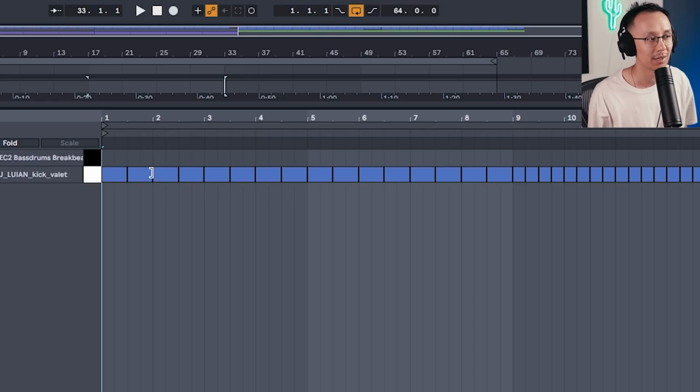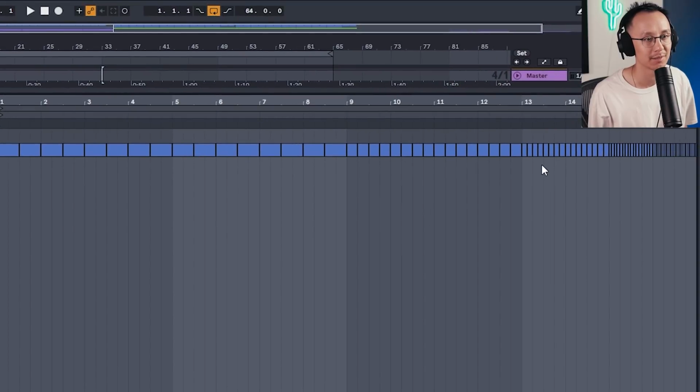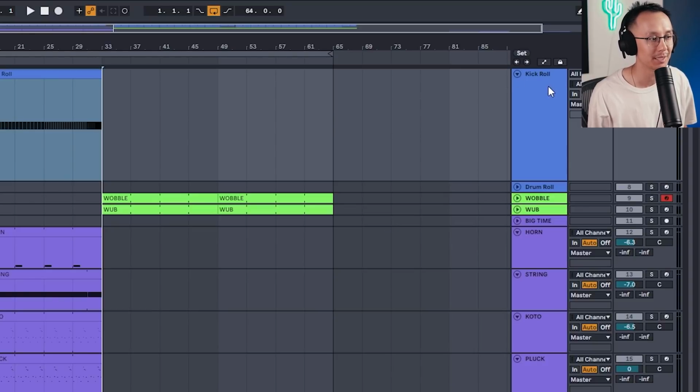I have it where I'm playing a half note for the first 8 bars, the next 4 bars I'm playing quarter notes, next 2 bars are eighth notes, and so forth. But there's many other different ways you can do it based on the feel. You can just experiment. But what you want to do is make sure you also automate the volume so it